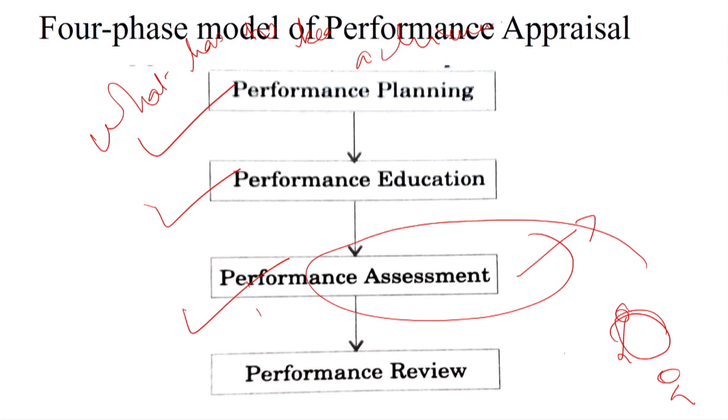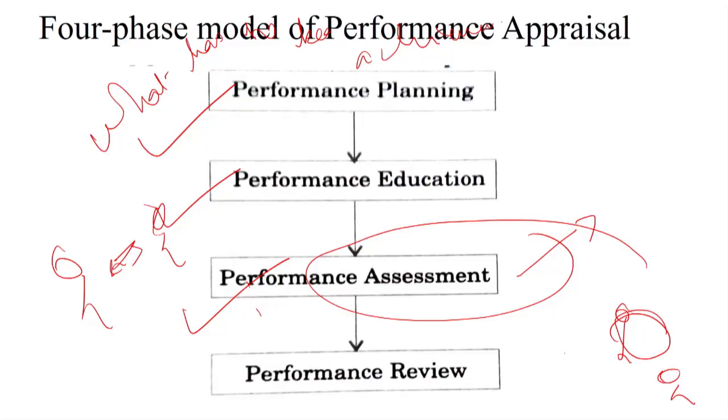At times there may be a lot of individual variations at this point. Somebody believes that the person has performed well, and on the other hand the person feels that no, they have not performed well. So the review is like both of them sitting face to face and discussing things: how has the person done, what kind of expectations the person has, to what extent the person has been able to achieve the target, and so on and so forth. So this is actually the 4-phase model of performance appraisal that talks about planning, execution, assessment, and review.